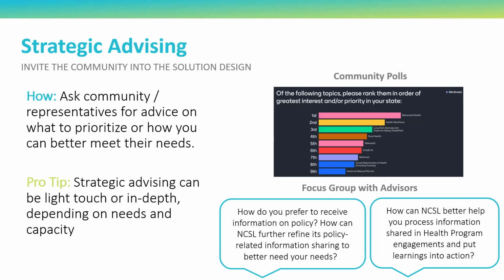The content on this slide is from an example with a partnership between us and the National Conference of State Legislators, in which before we went in and even started thinking about how we were going to do programming and evaluate that programming, we had some strategic listening. First, we did some polls with their greater Health and Human Services members to figure out what are some of the biggest topics that they need help with. And then from there, we narrowed down our focus for some more intentional conversations with the strategic advising group.